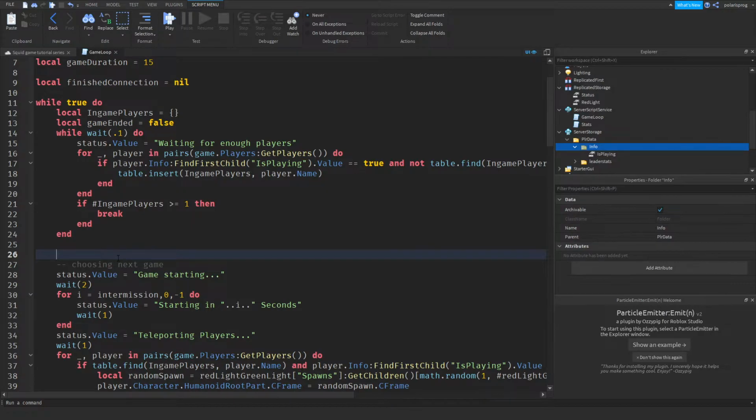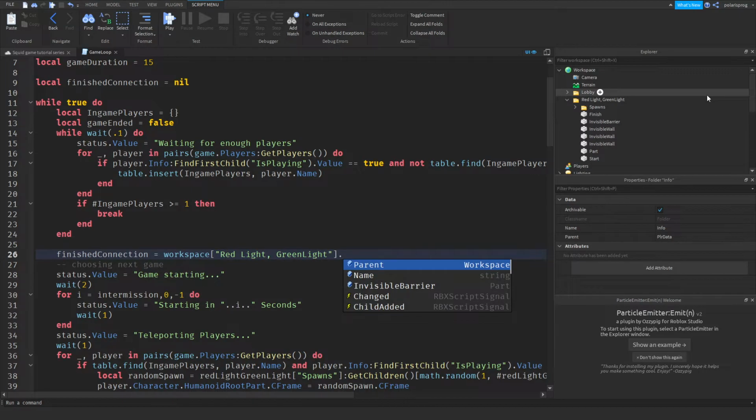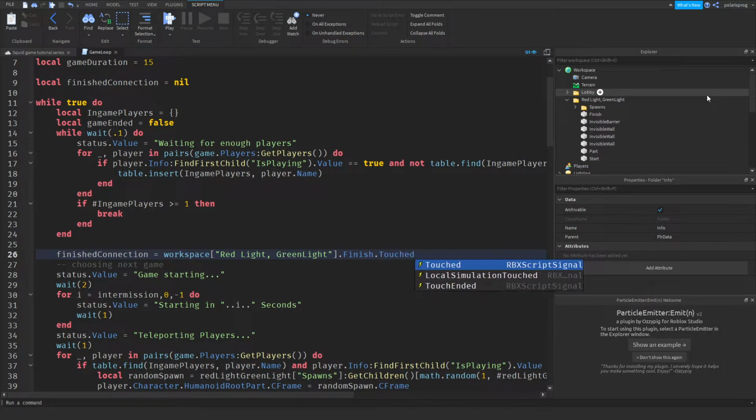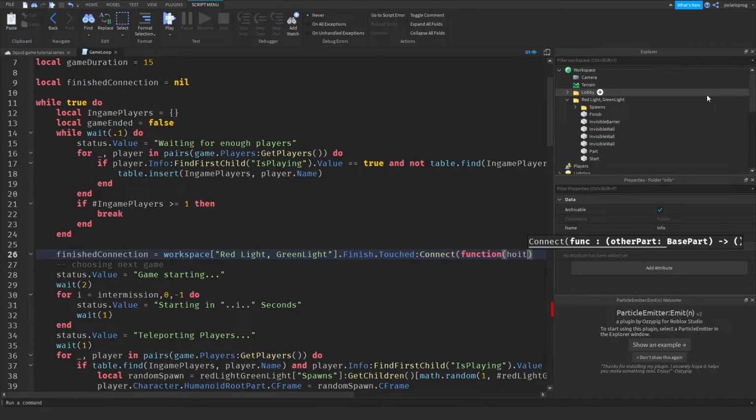And right here we're gonna do finished connection is equal to, and we're gonna take the map, so workspace.red light green light.finish. Make sure you have a part called finish. touched connect function, and we're gonna get hit